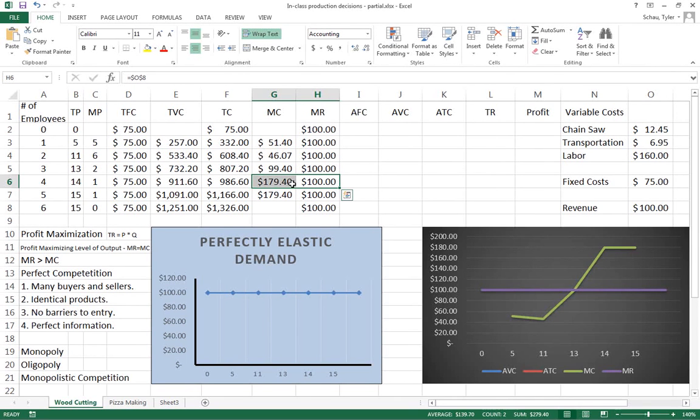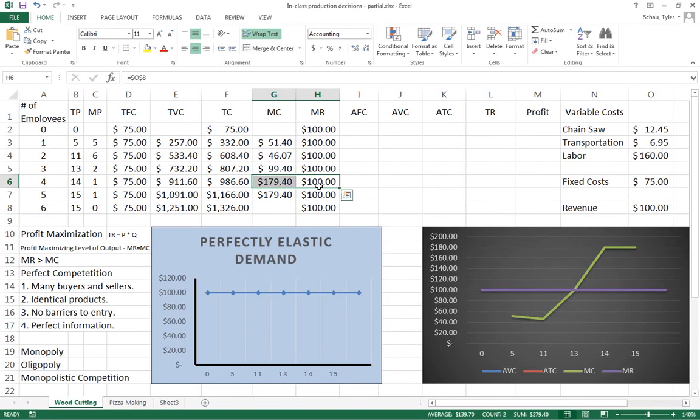It costs too much to produce, and if you look at that one employee adds 1 cord of firewood. So $12.45 in chainsaw expense, $6.95 in transportation costs, and then the big one, we're not able to spread out his labor over multiple cords of firewood. We can only spread that labor out over 1 cord of firewood, and so it has to bear the entire